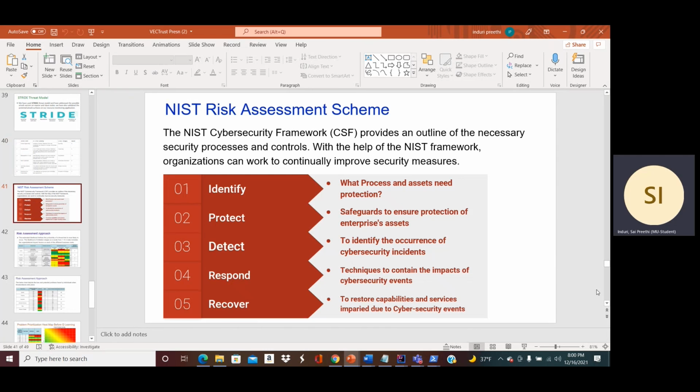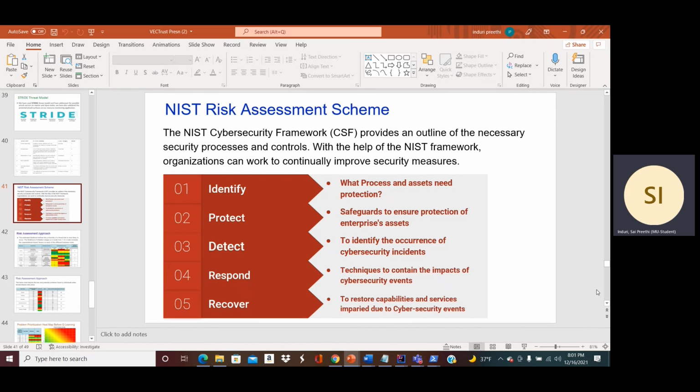So for the risk assessment approach, we have used the NIST risk assessment scheme. The NIST cybersecurity framework gives an outline for the necessary security protocols that an organization can work to improve the security measures. This happens in a 5-step process: identify, protect, detect, respond, recover.